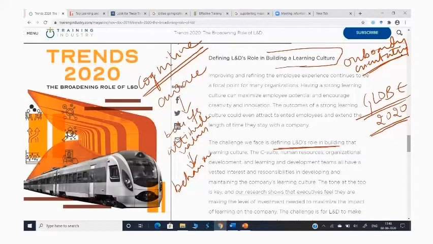And now why is it in trend in 2020? The main reason is most of the organizations are going for mergers and acquisitions. A lot of organizations are going for mergers and acquisitions, and for different reasons. Maybe the reason may be growth, the reason may be survival, whatever the reason may be. So in such a case, whenever people from different places are coming together, you need to reorient them.